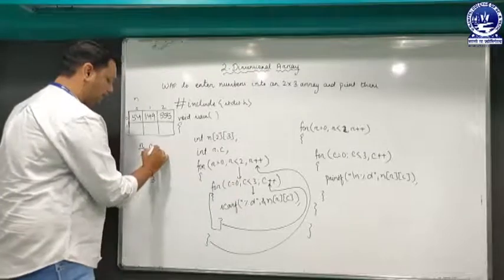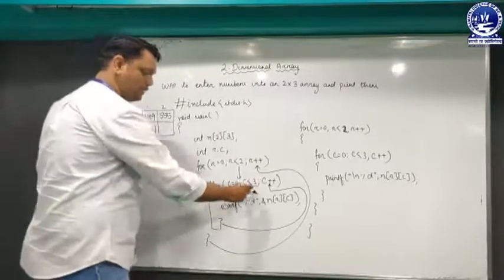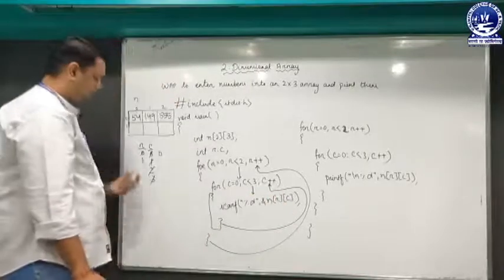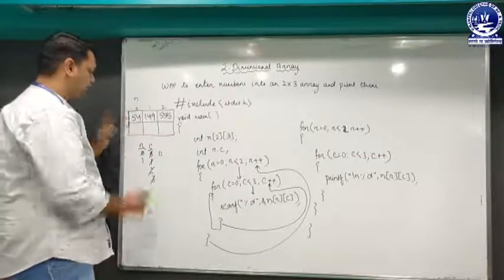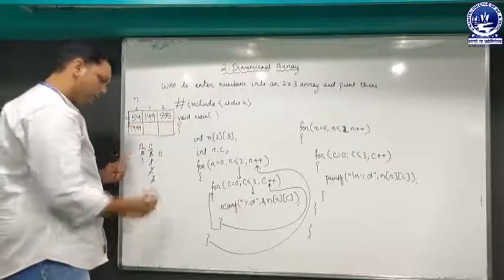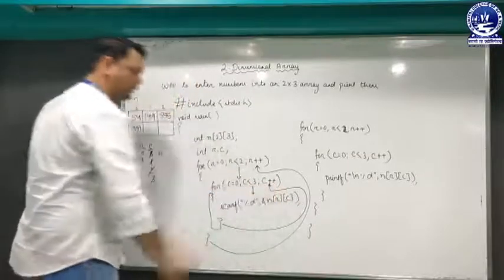Now C will have again the value as 0. So 0 is less than 3. Yes, true. It will enter over here. It will enter in R and C. So R has value 1 and C has value 0. So in place of 1 and 0, I will store a value. Let's say 1449. So again, when it will move to this curly bracket, it will be redirected to C++.